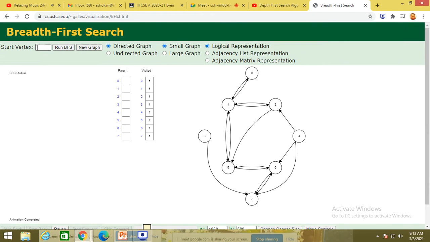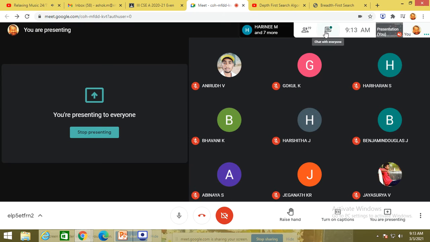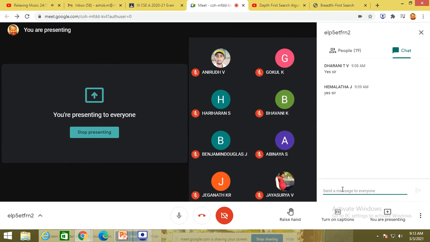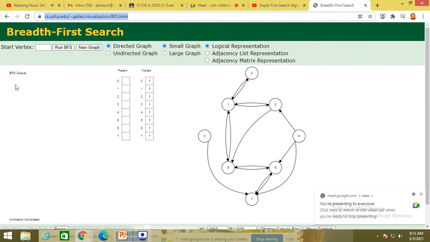Here you have the option to start the search. I'll share this link also in the chat. When you are free, you try this. You can try with different nodes. For example, I'm going to give the starting node as 0, and I'm going to run this.